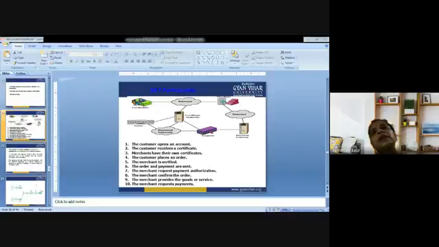So what are basically the participants in SET? Have a look at the diagram and we will discuss one by one. In the general scenario of the online transaction, SET includes various participants. First is the card holder, that could be any customer. Next is the issuer, that is the customer's financial institution. Next is the merchant. Next is the acquirer, that is the merchant's financial institution. Next is the certificate authority, that is the authority which follows certain standards and issues certificates, that is X.509.